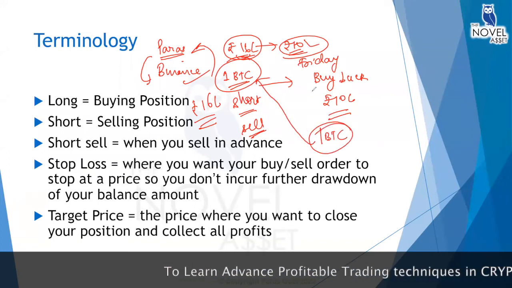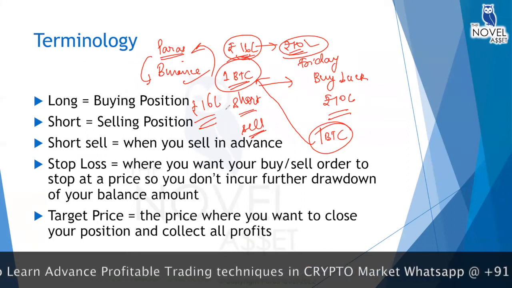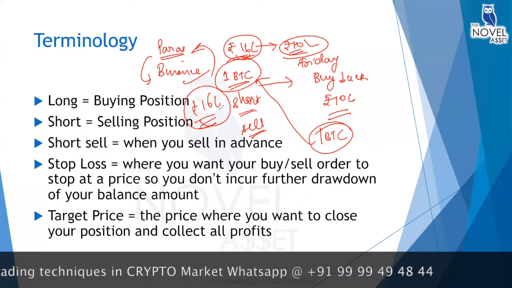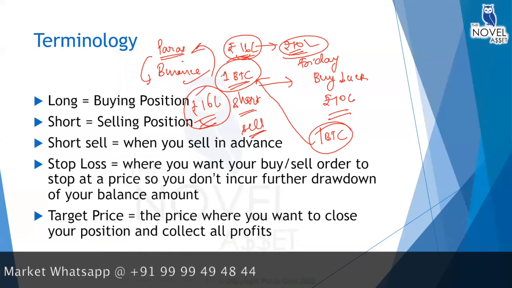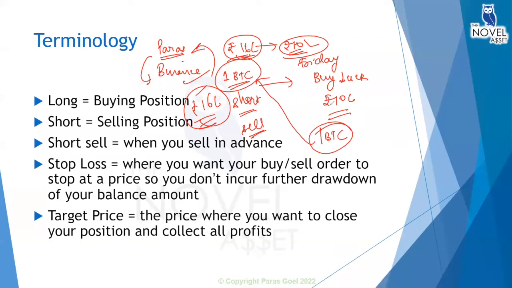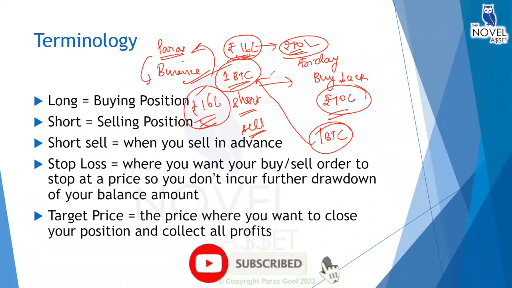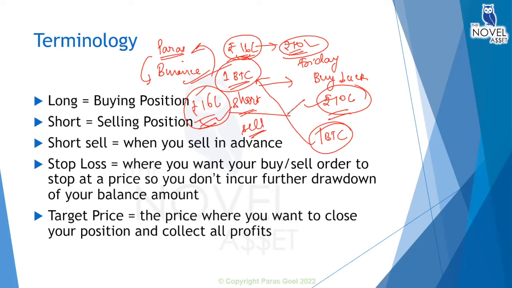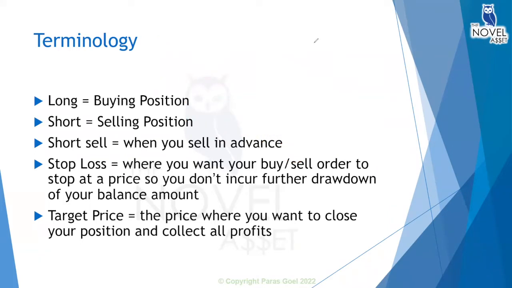So in this whole transaction, I sold the BTC which I took on loan for 16 lakh rupees, and then I bought it back from the market at 10 lakh rupees and gave the whole BTC back to Binance. I sold the BTC in advance, bought it back, and returned my loan of one BTC. In this whole transaction, I made a 6 lakh rupees profit because of this difference. I hope you have understood this.